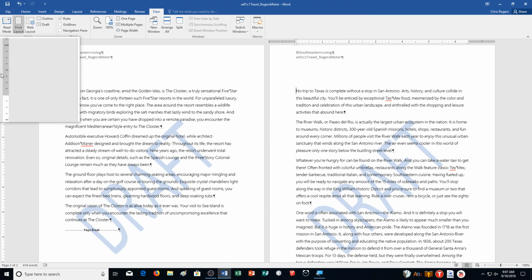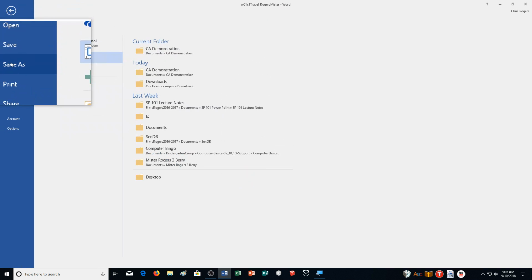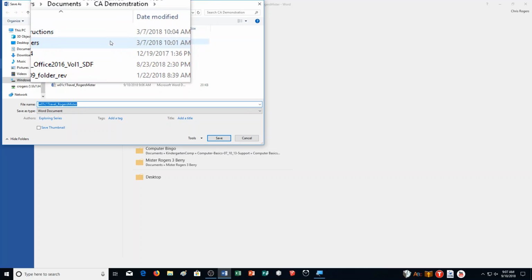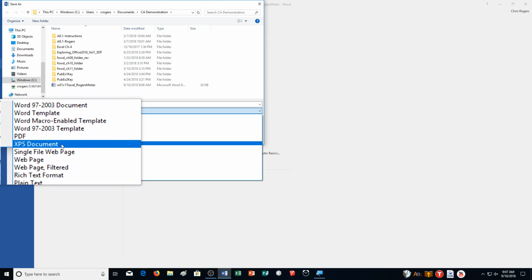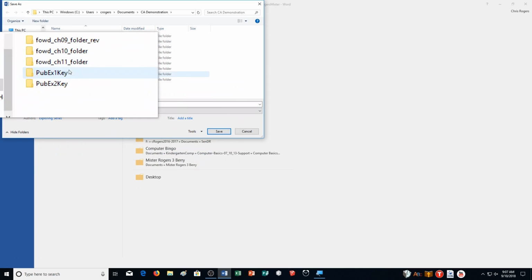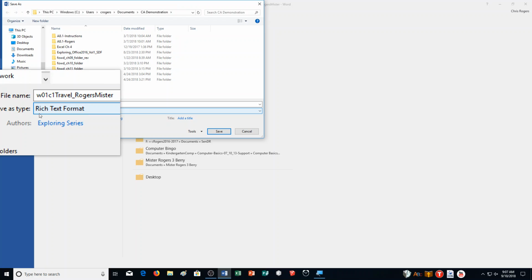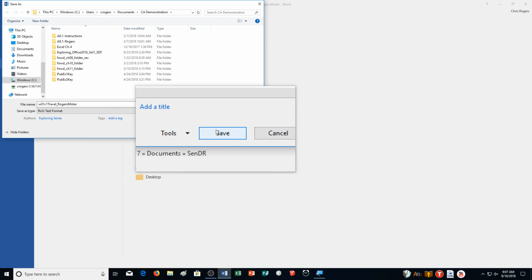So the way we do rich text format, and I don't remember if we've covered this before, you do File, Save As, go to Browse, and you have it in the same location, but you go down to Save As Type, and you change that to rich text format. And you'll notice other documents that were in here have disappeared because it's only showing me rich text format types or folders. So same name, I'm going to click Save,